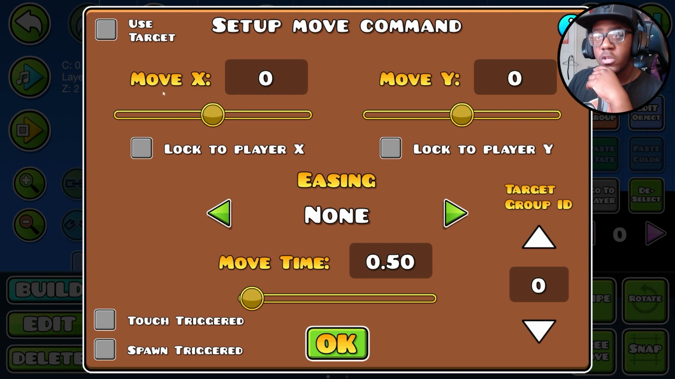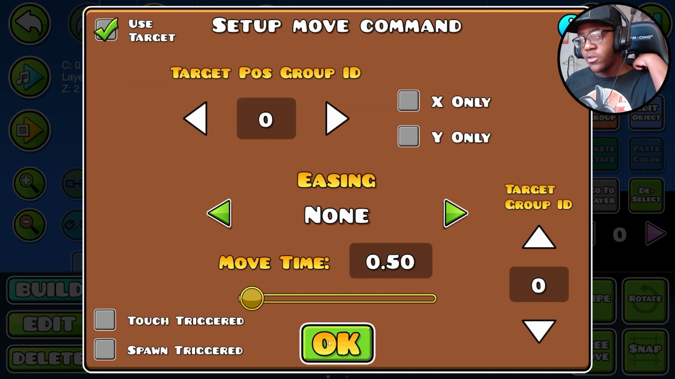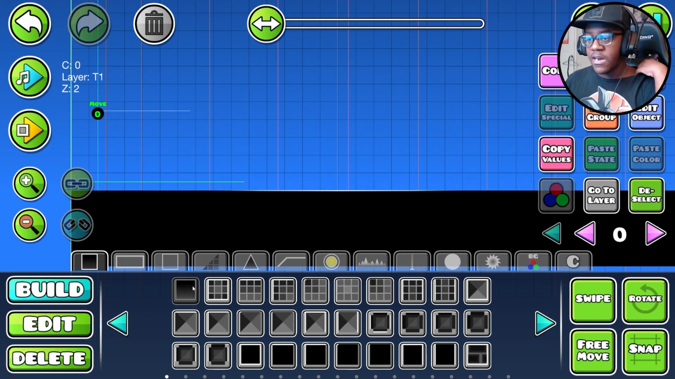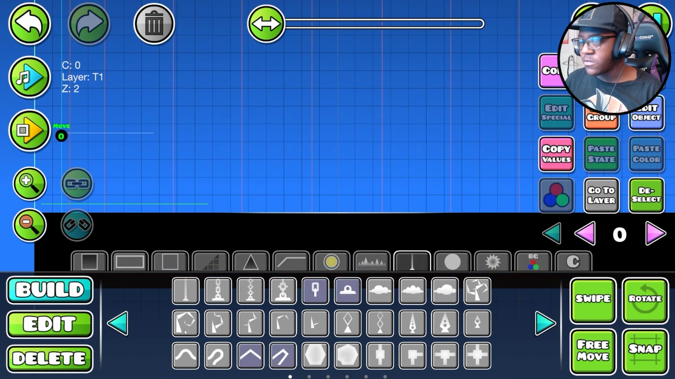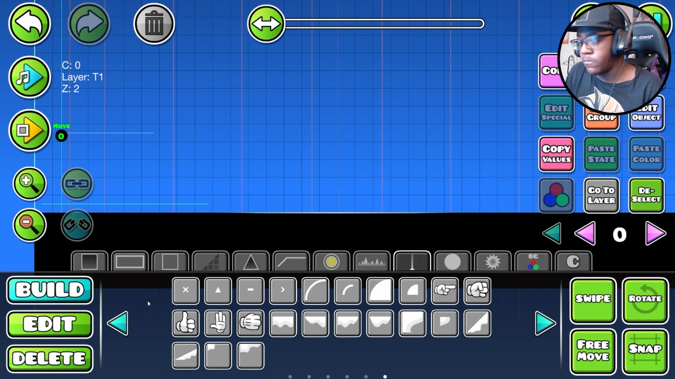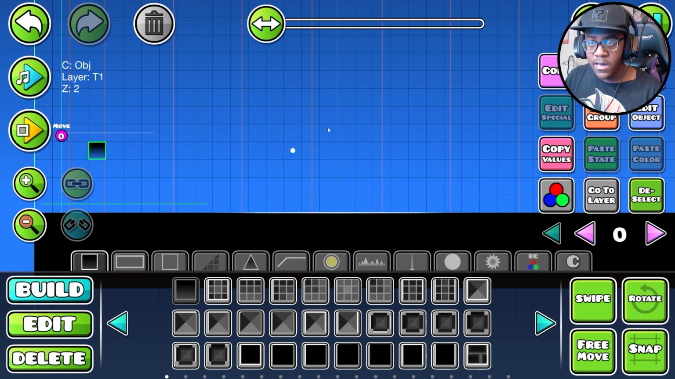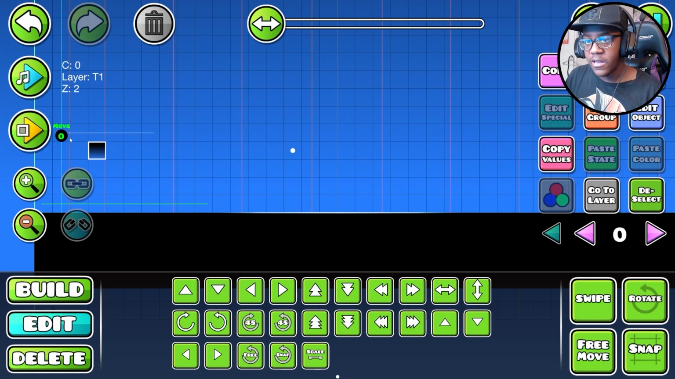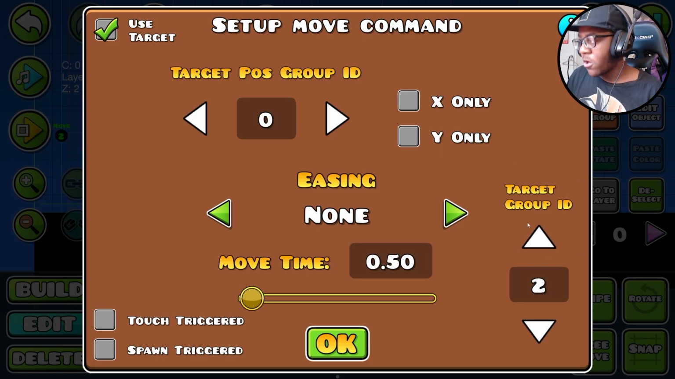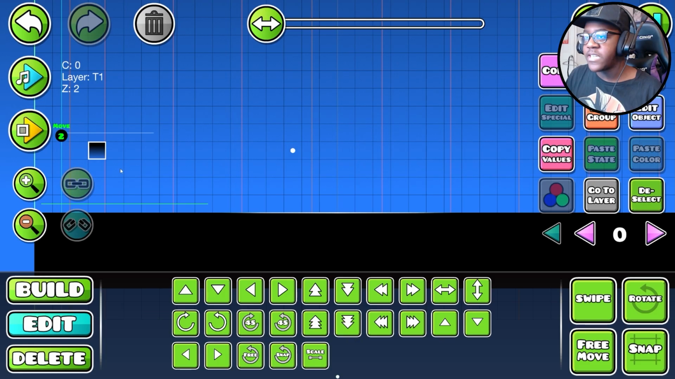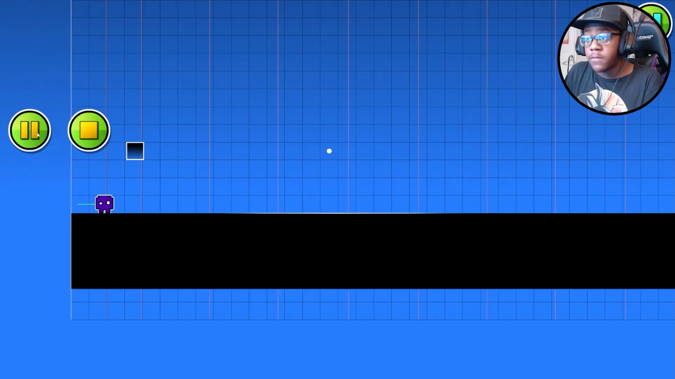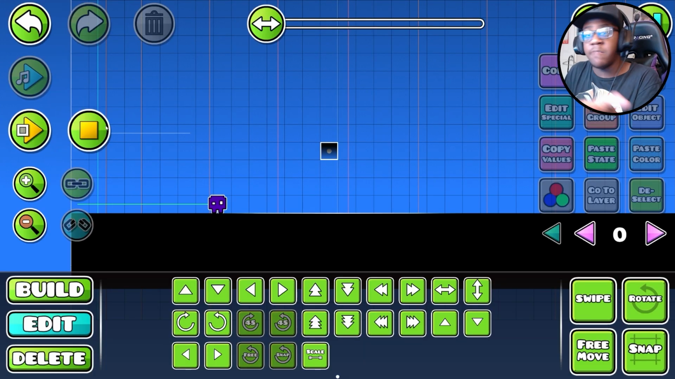The move trigger I also use quite often, but there's one button that I really never use, and that is use target. Now use target, I know what it does. Say for example, I get a circle, and I put that in group ID 1. I can get a block, put this in group ID 2, and go back to the move trigger, make my target ID group 2, and I want it to go to that circle and ease in, ease out. And what's gonna happen is that block is gonna go straight to it, right at the center,